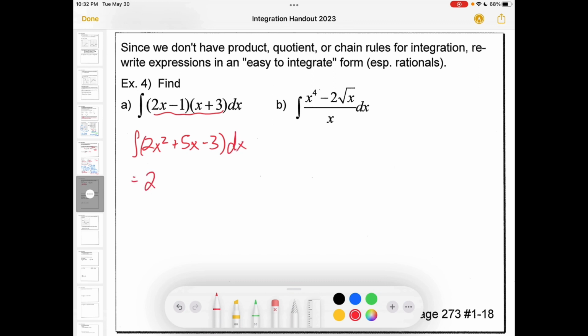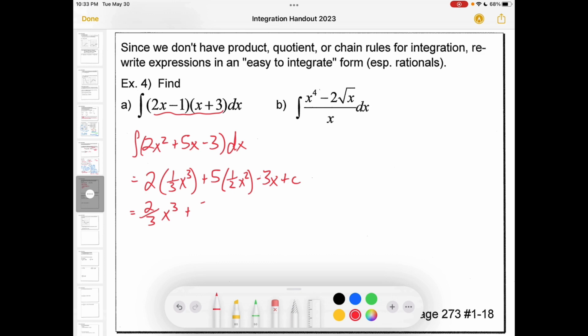Coefficient stays, power goes up by 1, flip of the new power in front. Coefficient stays, power goes up by 1, flip of the new power in front. Negative 3 comes from a 3x, and then a constant of integration. And lastly,